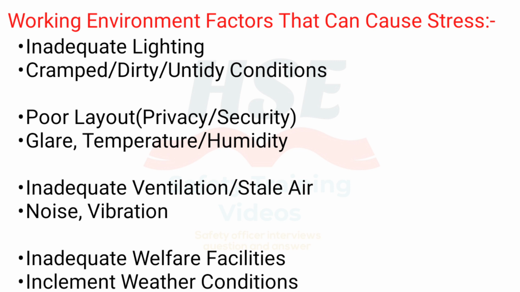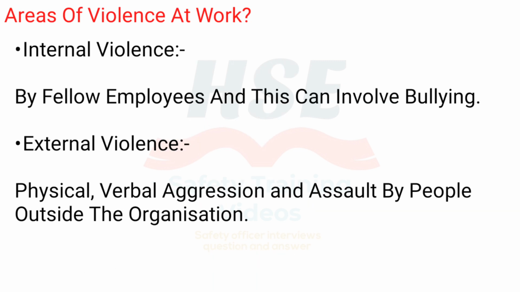inadequate lighting, cramped, dirty, untidy conditions, poor layout, privacy and security, glare, temperature, humidity, inadequate ventilation, stale air, noise, vibration, inadequate welfare facilities, inclement weather conditions. Areas of violence at work: internal violence by fellow employees, and this can involve bullying; external violence: physical, verbal aggression, and assault by people